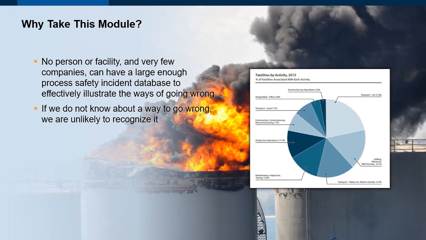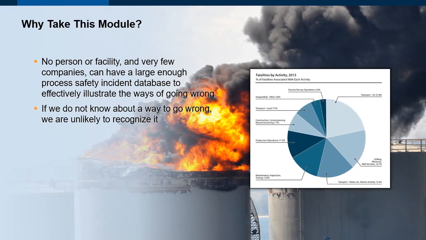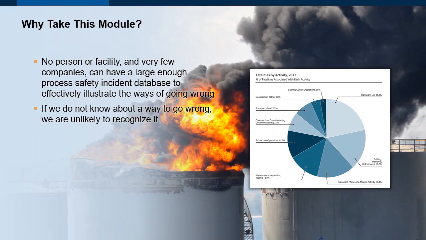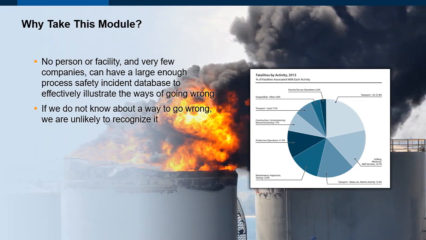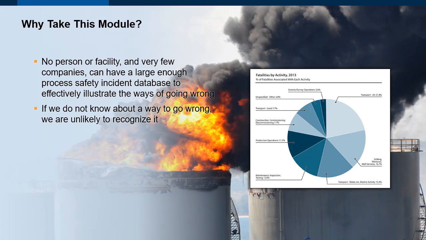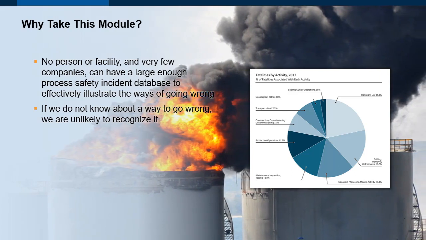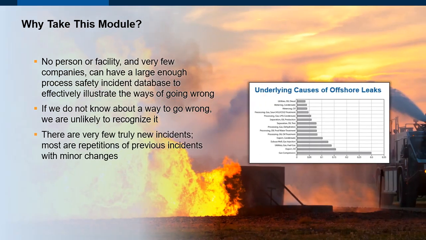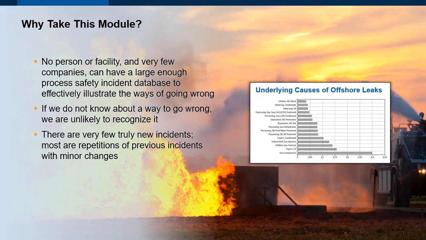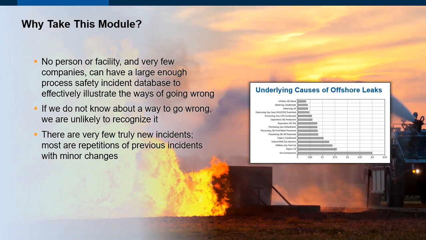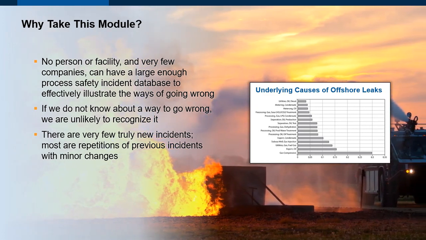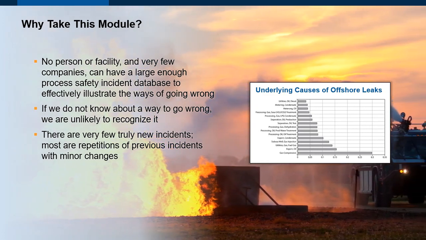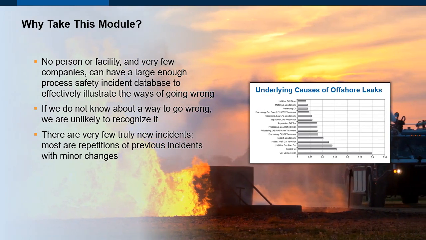When we do a risk assessment, we are unlikely to notice a way to go wrong that we do not know about, so we are not likely to correct it or avoid it. Every year, there are major process incidents due to unrecognized hazards. Nearly all incidents are repetitions of previous incidents, just change the names and a few of the details. The lessons are available and can be incorporated into our daily work as well as into the design of new